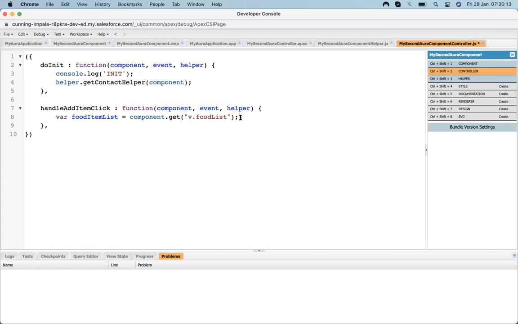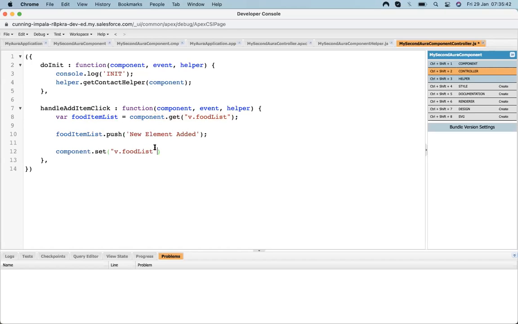For adding a new element, we have a method called dot push. Just push the new item added, and once a new element is added into that list, then we have to set that new list value into our original list item.